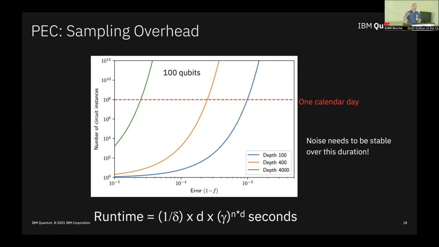No matter how good your computer is, you will always be able to do a little bit better with this technique. On the other hand, you're never going to do infinitely better. The other thing that we really love about this technique is you'll notice I didn't do anything outside of the circuit model to make it work. There's no stretched gates, there's no zero noise extrapolation type of approaches. And that means that this is a technique that we might be able to layer on top of error correction